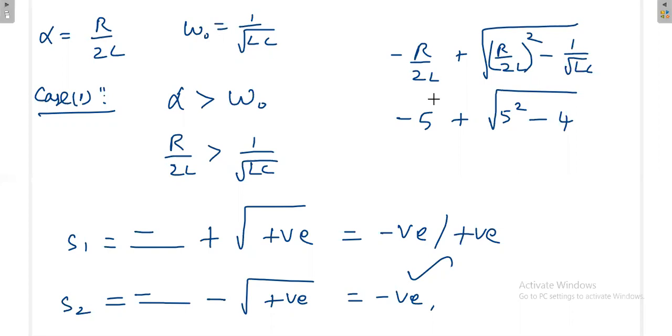You are taking some number, the same number you are taking inside, that too you are subtracting, and again you are taking the square root, so definitely this number will be less than this. So you will never get a positive number. This is always negative. Just think over it, try putting different numbers. So the roots will always be negative, and also they are not equal. This is different, this is different.